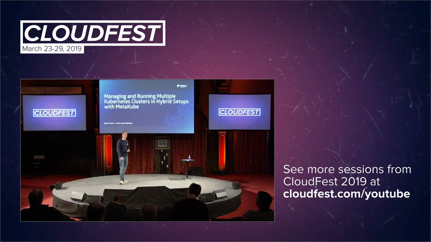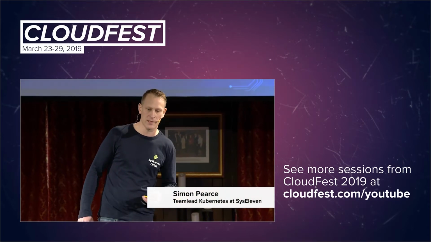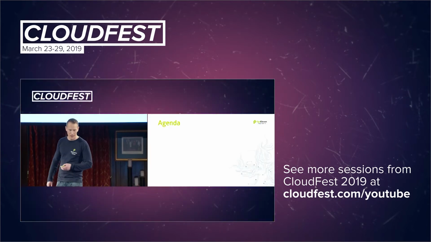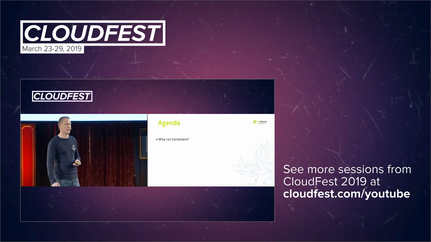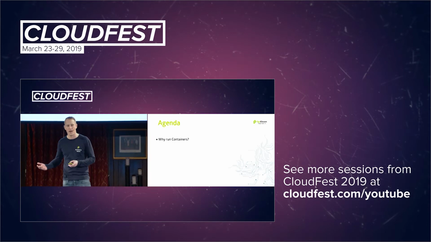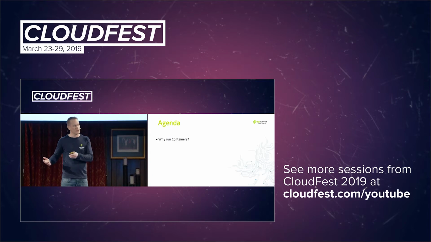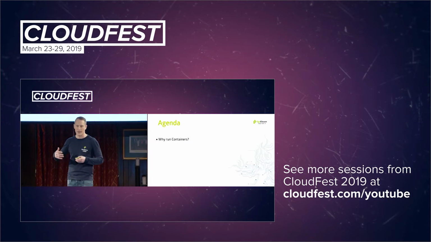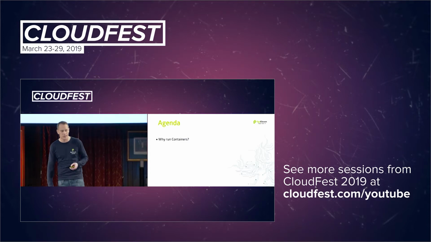Okay, so to give you a brief abstract about what we'll be talking about, we're talking about managing and running multiple Kubernetes clusters in hybrid setups. It's quite a long task, so I'll give you a short agenda. We're going to start off, to make sure we're all on the same page, with why we actually run containers. What is so vital about running container infrastructures? When I talk about containers, I'll often be referring to Docker, but I prefer not to use the phrase Docker, so I'll just use containers because it's a general term. There are also other container runtimes available which can be used.